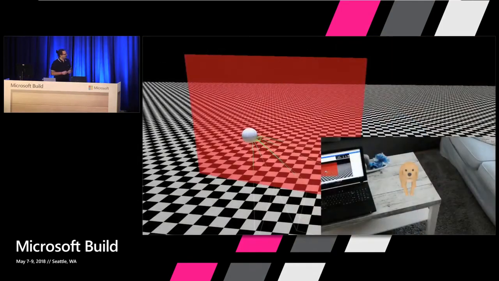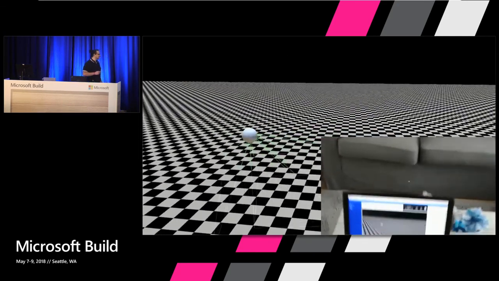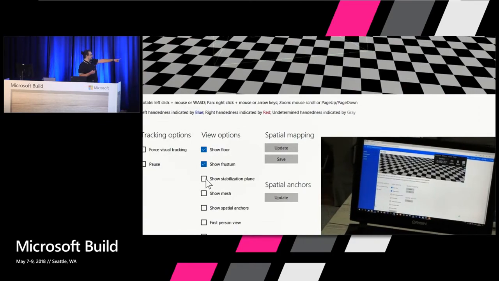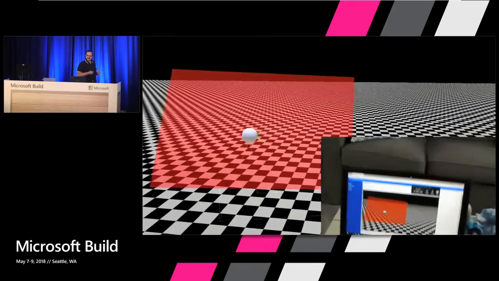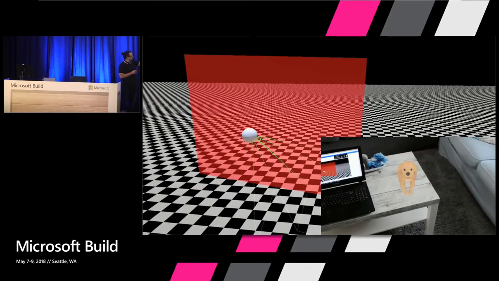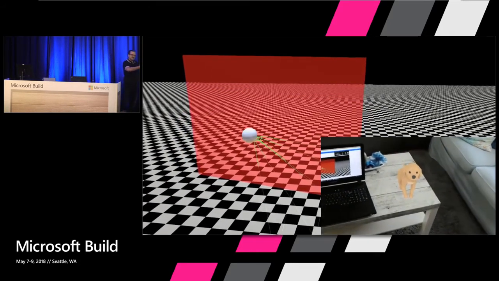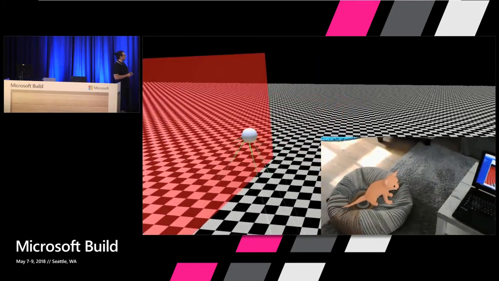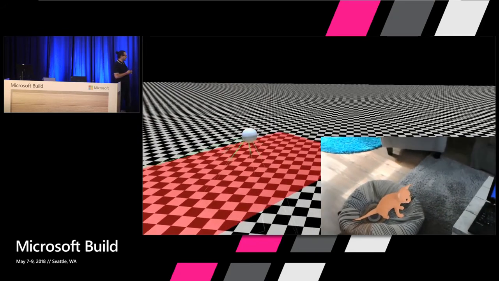Let me show you a bit to make the explanation a bit better here. So what you see in the big frame there is the device portal, and on the lower right, this is what I recorded with the HoloLens. So let's take a look at the video. In the device portal, there's this 3D view where you can actually show the stabilization plane. So you can debug it in your application. If you take a look here at this red plane, if I look at the dog, it will actually snap to the dog. So even if I move slightly, the stabilization plane will still be at that holographic object and make sure it's in the scene. Same thing here with the cat.